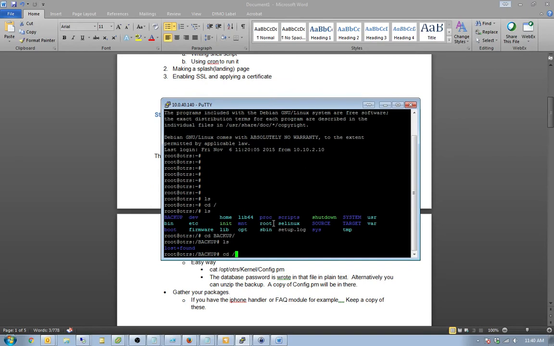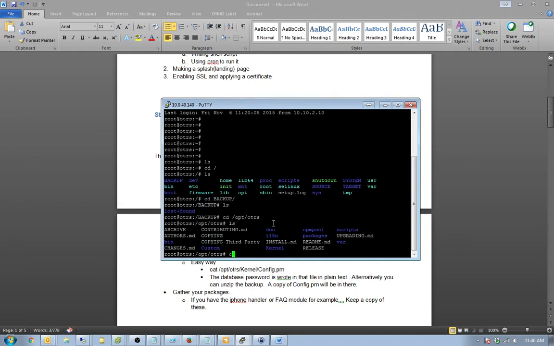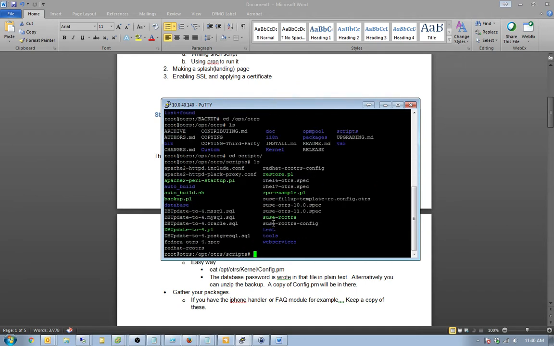So I'm going to cd over to opt/otrs, get into the scripts folder there, and I'm going to invoke the backup script. So backup.pl, destination,